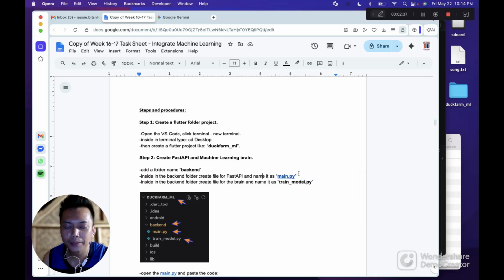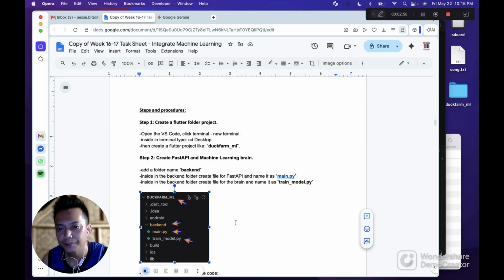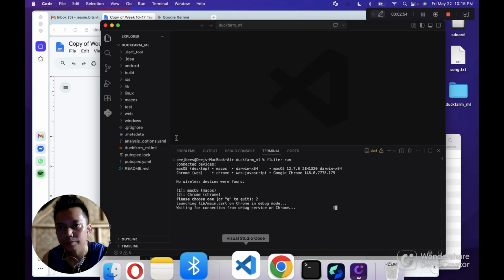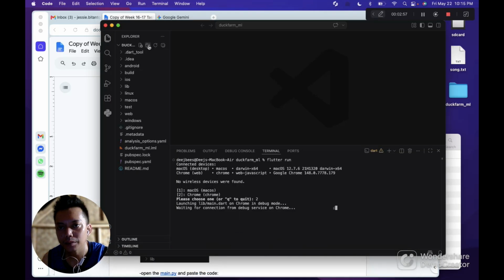So this one main.py FastAPI, this will be the server. Then the brain, because machine learning needs brain. So it looks like this in the image. So create folder, name backend.